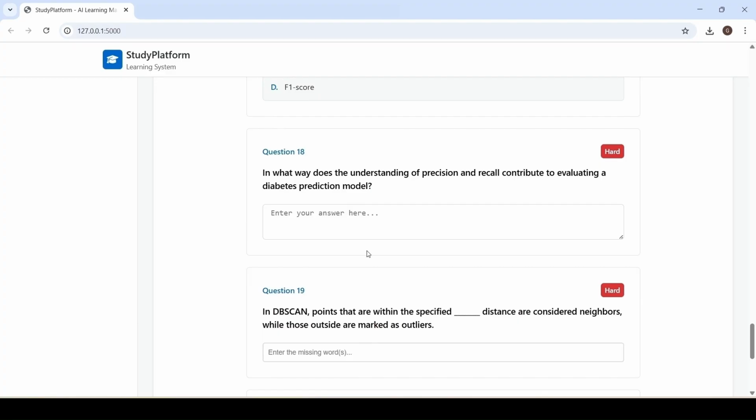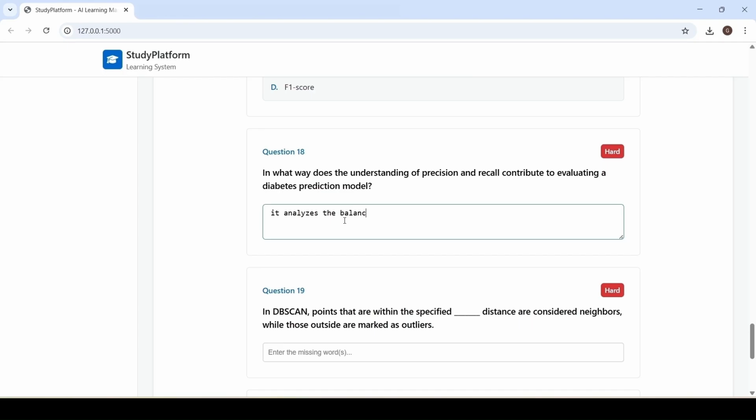So here is the question which is of type short answers. What will happen is that multiple users can answer the same question in multiple ways. So when the user provides an answer, it will check with AI if this answer is correct or not. If it is correct, then it will highlight it as green. Otherwise, it will highlight it as red. So because of AI, the users can answer this question in multiple ways, and AI will check if the answer is correct or not. Let's say the answer is it analyzes